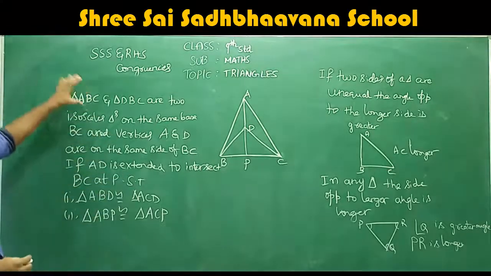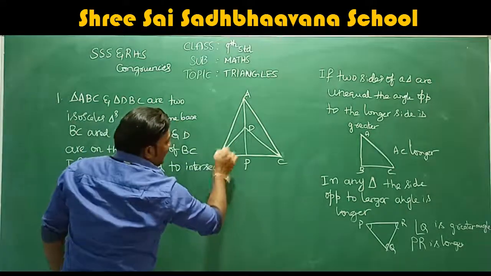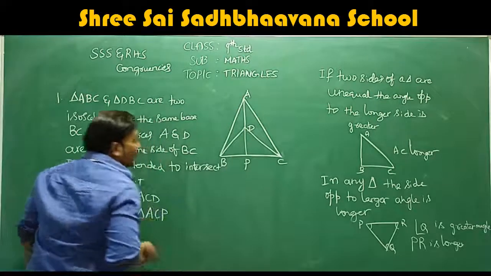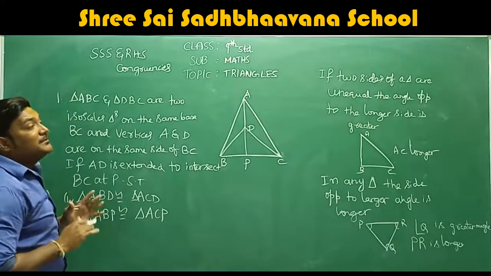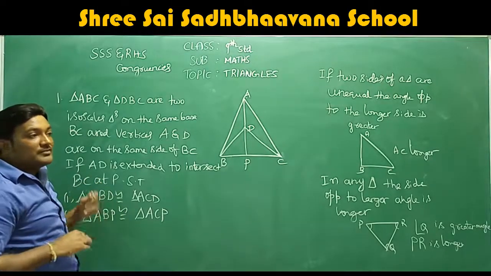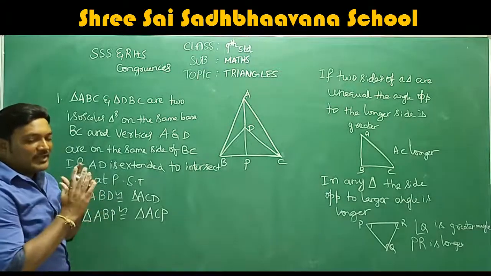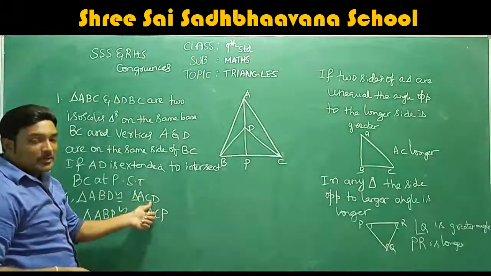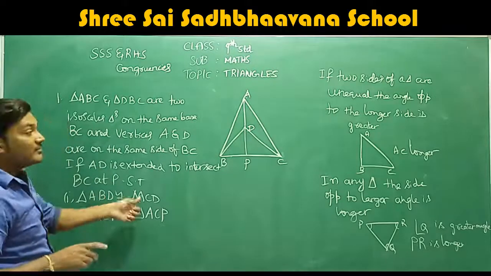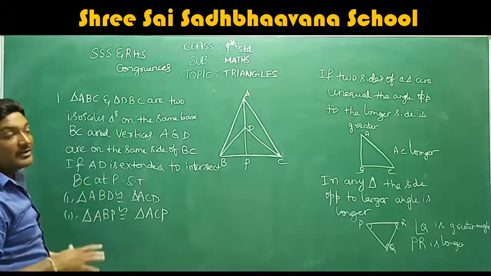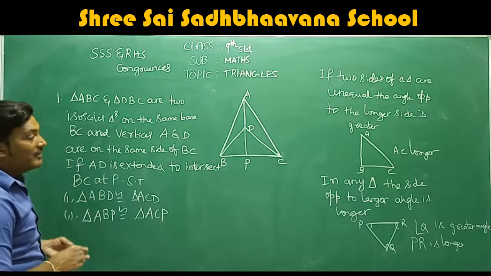Here, guys, you have to understand. There are two triangles here. Just observe here, ABD and ADC. As I told you, you should read the sum carefully so that you will understand what is given. Most of the sums only give the equality of sides. For example, if they are asking us to prove that these two triangles are equal, in the sum itself you will come to know which corresponding sides are equal, which corresponding angles are equal. That is the reason I say every time to read the sum properly.